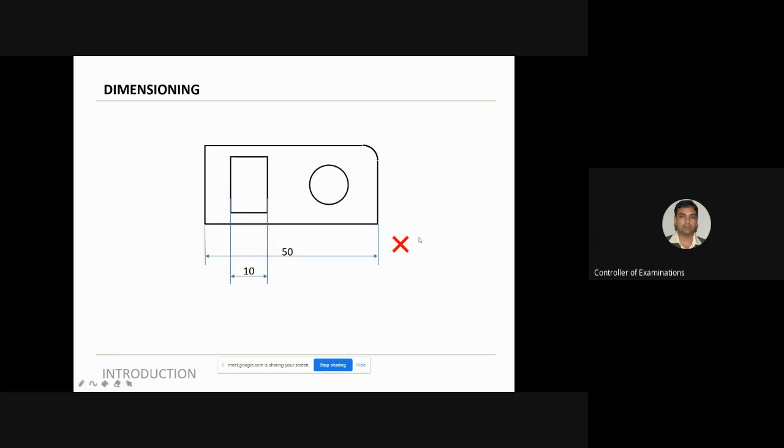So a better way of dimensioning such a drawing would be like this. The smaller dimension, you first draw it, and then you draw the bigger dimension, so that the dimension lines never intersect each other, never cross each other. You can see how different they are. This looks so good, whereas the other one looks so cluttered. So this is a correct way of dimensioning. So first go in for smaller dimensions, and then you go for the bigger dimensions. Ensure that no dimension crosses or intersects another dimension. That leads to confusion.